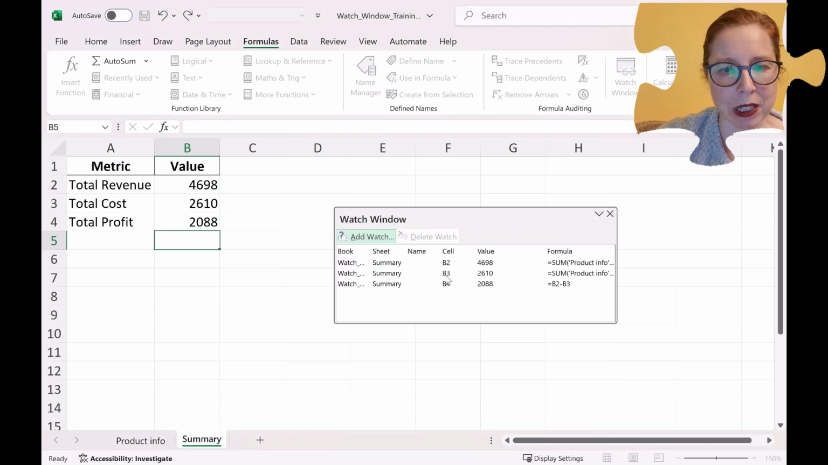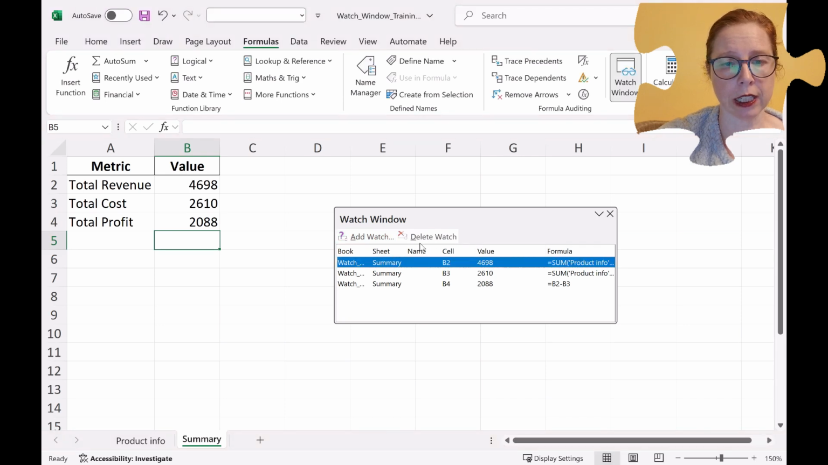And it shows me the cells they're in, the sheet, the book. So I can have several workbooks open, especially if I have calculations across workbooks, and it will then show me what the values are. It also shows me the calculations within. Okay, and then if I select one of these, I could delete it from the list, but I'm going to